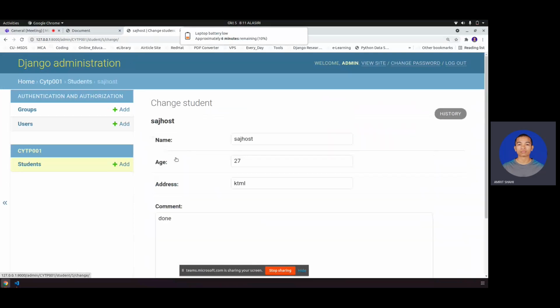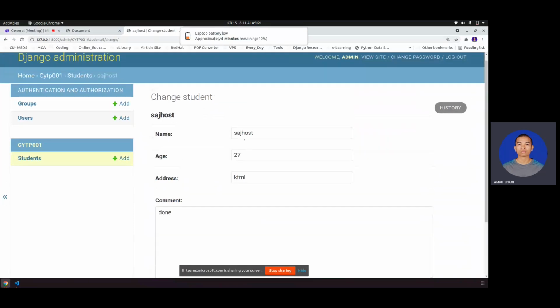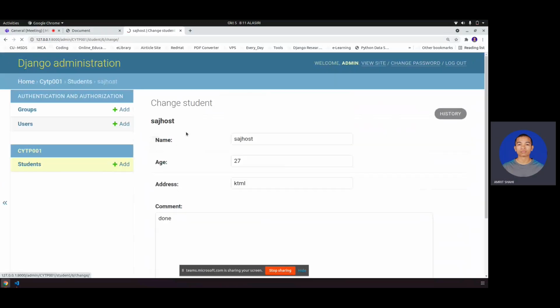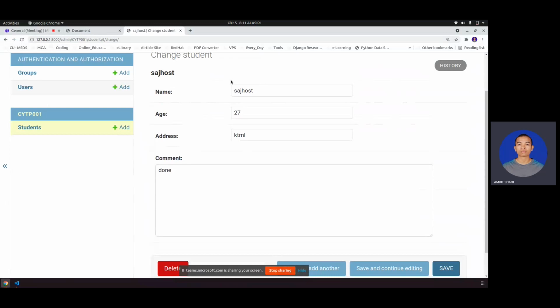So thank you for watching these videos, guys. In the next videos, what we're going to do is display this data. Now we are sending data to the database. Next, we are getting those data and we are making it as a table. Inside here we'll make a table, and one table will display all this data in table format. Okay, name will make a header as name, age, address, comment, and we'll put the value there. Okay, so next videos